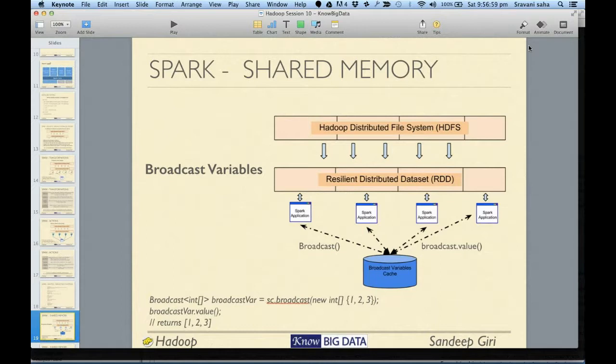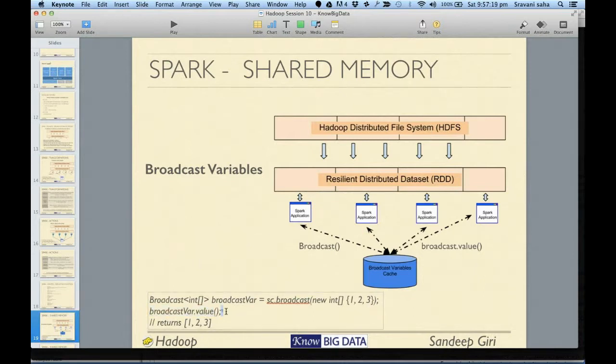So the moment you change a broadcast variable, all the Spark applications which are running across the RDD and depending on this variable will be notified: hey, if you are using this variable, just wait, the data is coming in. So all of those nodes will wait,